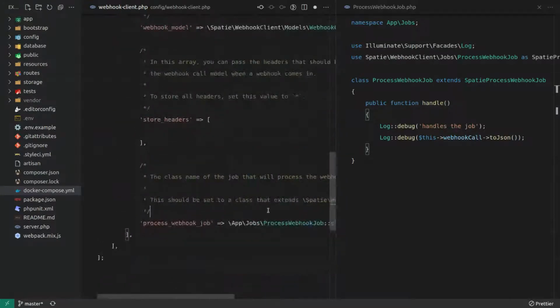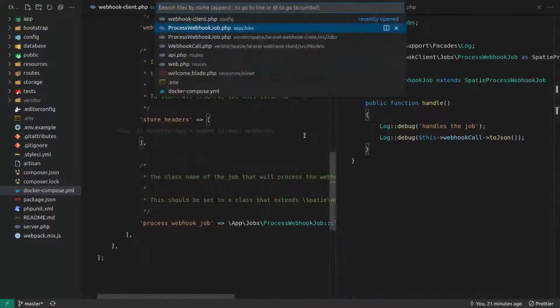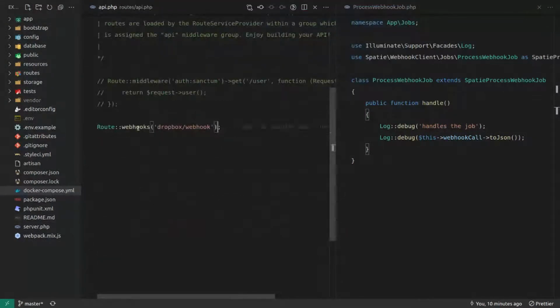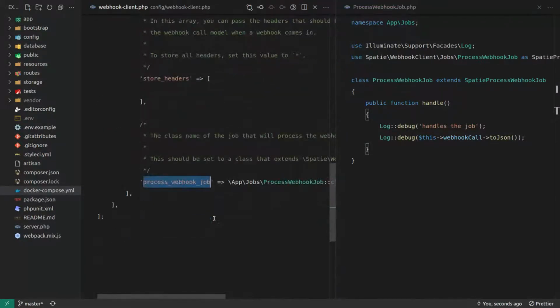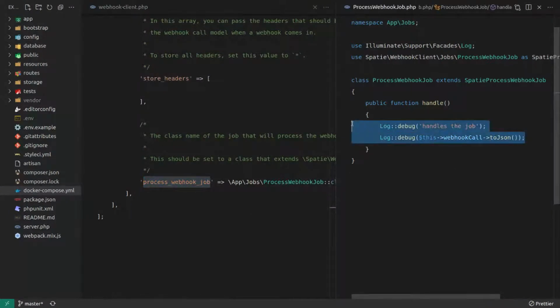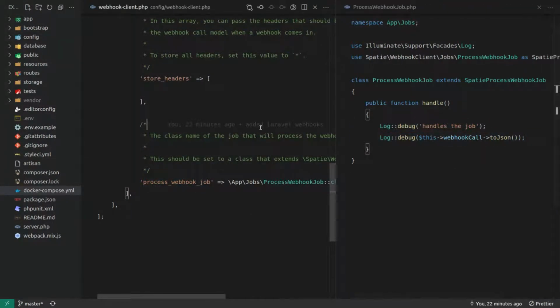Okay, so let's go over this. What should happen now is when we hit dropbox/webhook, ProcessWebhookJob should be triggered, which will then log out something that's saying that it is handling the job. So hopefully that's going to work.